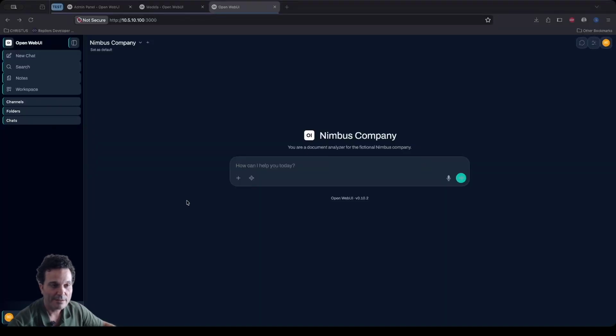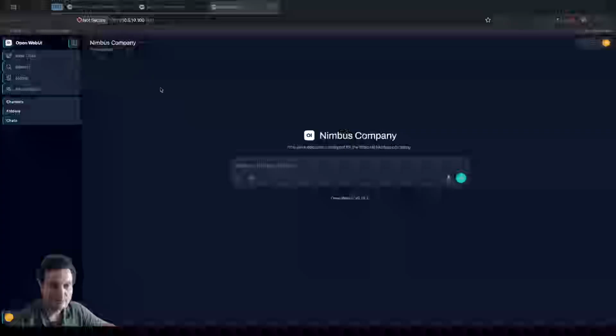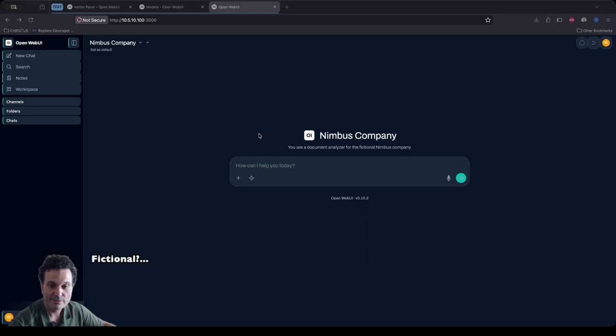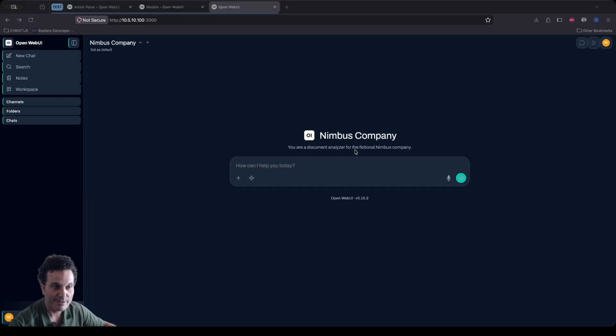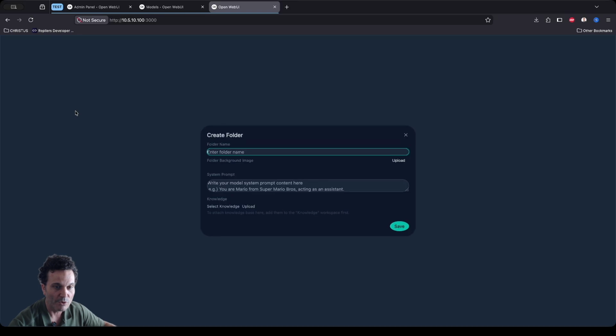Okay, here we are at the Nimbus Company fictional model that I created. You're a document analyzer for the fictional Nimbus Company. So the easiest way to do RAG as an individual user, this is only files that your user will see. It won't be global. So you go in here and you create a folder, give it a name, Nimbus Documents,